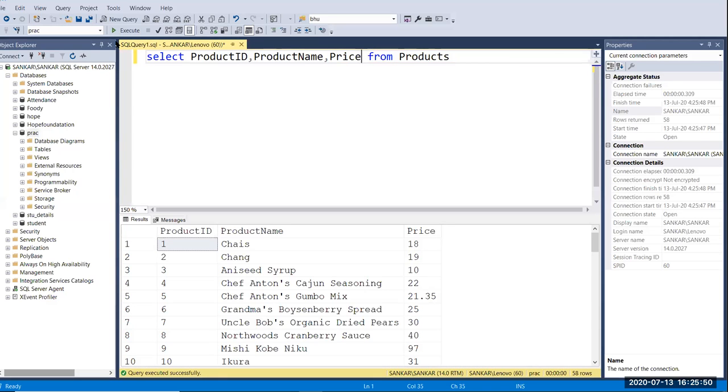Here I'm going to add a 10% discount for each price. So how to do that? Here we have the price column, right? 10% means I have to multiply 0.01 into the price column.